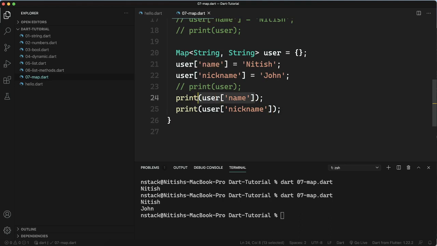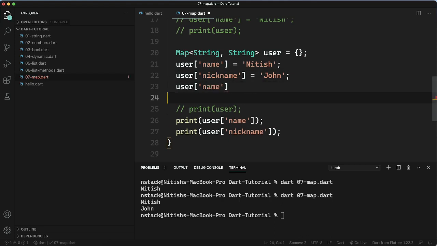Now I want to show you how you can update the data, or what happens if you try to duplicate a key. If you want to have one key associated with two values, that will not happen. There will always be a unique key and corresponding to that there will always be one value. So suppose after this I come here and make name as some random string.